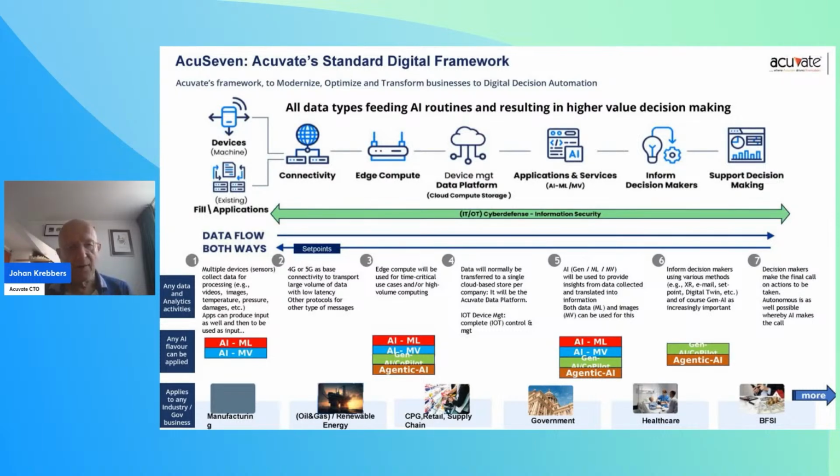I do the edge environment on number three, where it is really where it's time critical. So I might have time critical solutions which I need to respond to immediately in the edge environment. If it's not time critical, I bring it to number four. And number four is really our enterprise data and AI platform. So it's all about data. To get value out of data, we move to number five. And number five, apply analytics, very simple analytics, very complex AI, machine learning, machine vision, Gen AI to that data to get value out of that data.